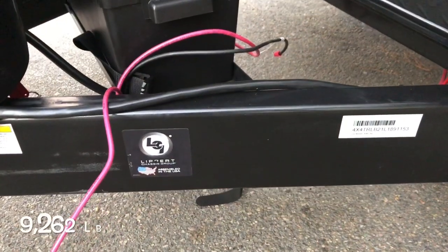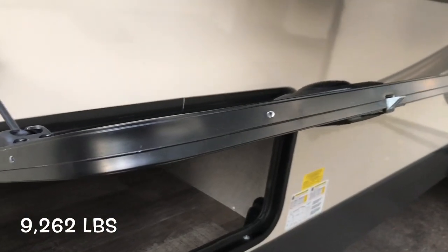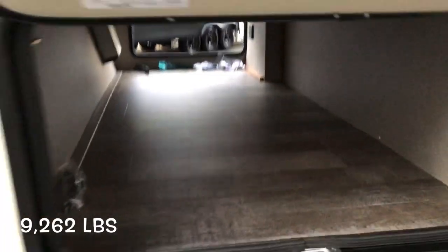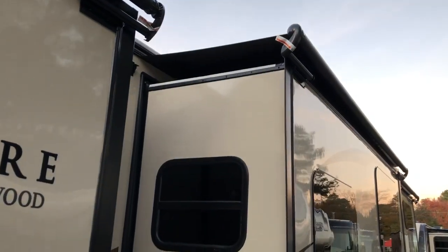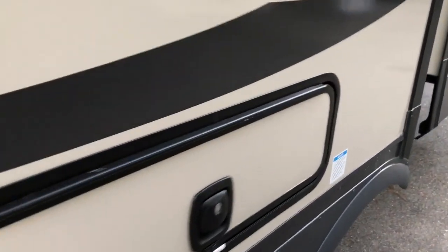You have a dry weight of 9,262 pounds. Large slam latch compartments, full pass-through storage. We equip this with awning toppers on all 4 slide outs, frameless windows, storage areas with magnetic clips, storage underneath the dinette,